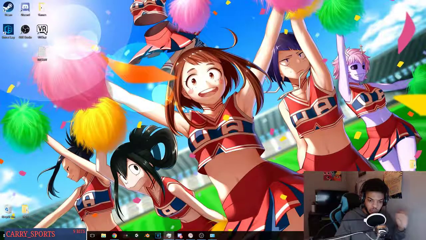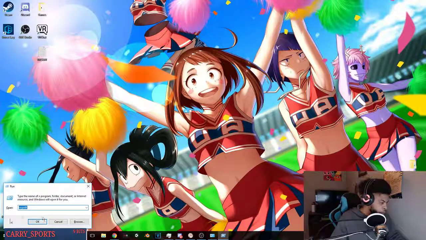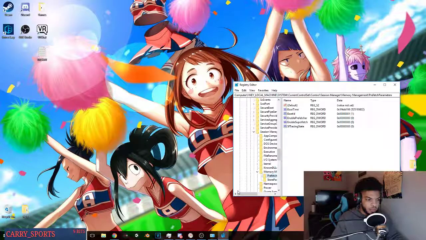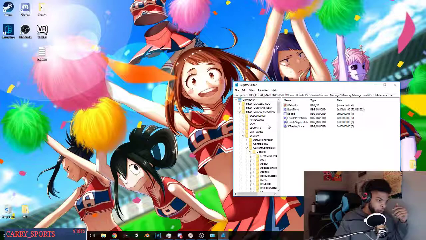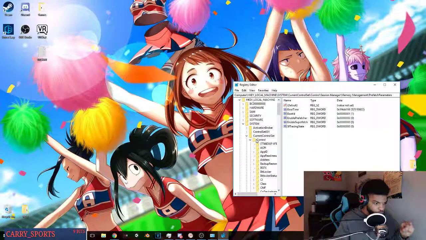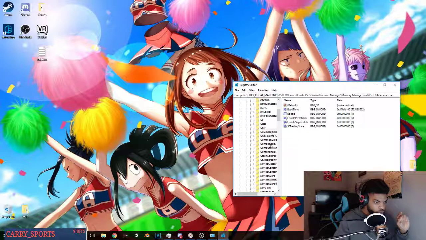if you go into your Resource Monitor and you see a whole bunch of Chrome using up a lot of disk, I went into regedit myself. So click Windows R, type regedit, and go into that. What you're going to want to do is set the prefetch and superfetch to 0. So you go to HKEY_LOCAL_MACHINE, then you go down to System, then you go down to Control,